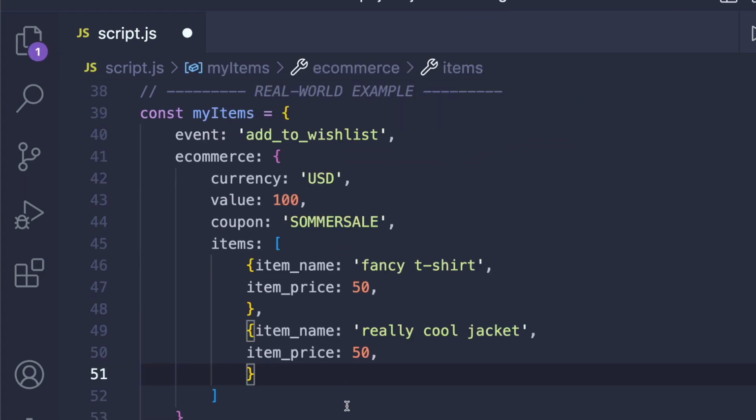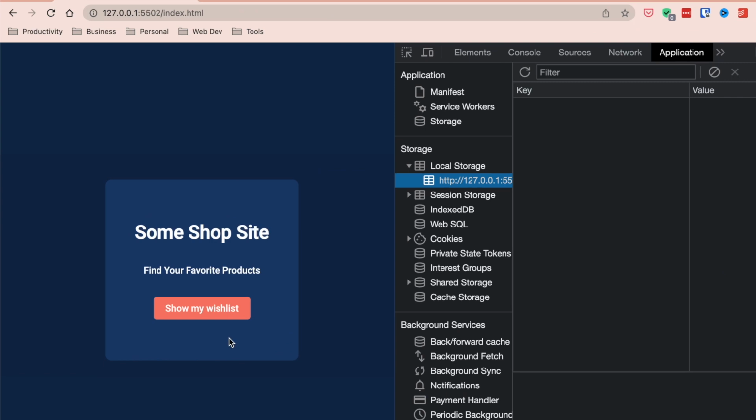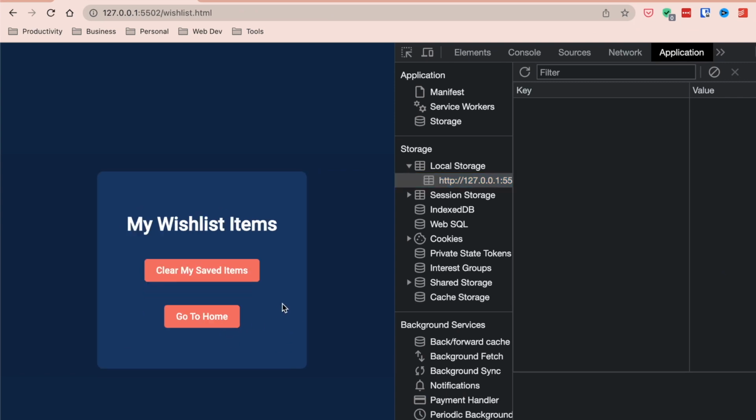And now let's look at the real world example where we will use this items data right here to display it on the screen and remove it from local storage. So right here on the side we can go to our wishlist, and inside of the wishlist we want to display the items that are temporarily saved inside of our local storage. And when we click this button, clear my saved items, we want to remove the items from the local storage